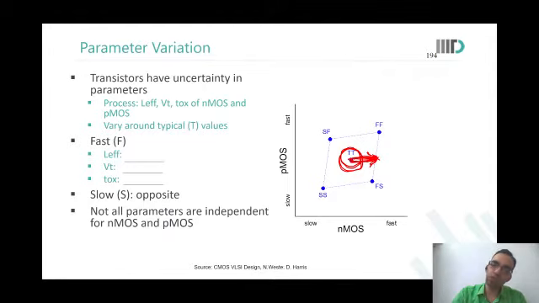So NMOS doping was such that the device would go to fast. Then when I was doing doping for the PMOS, again, it was such that the device would go towards fast, let us say. So it would go up. So I reached this particular place, which is called FF, which is fast NMOS, fast PMOS. However, if while doping for the PMOS, the doping went towards the slow side for the PMOS, I would go here.